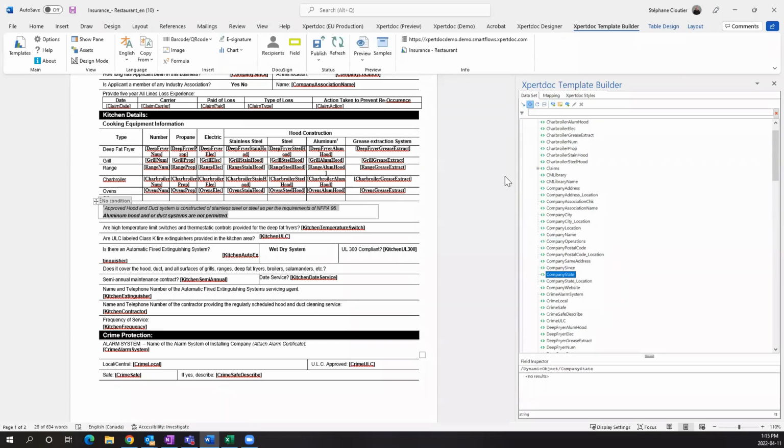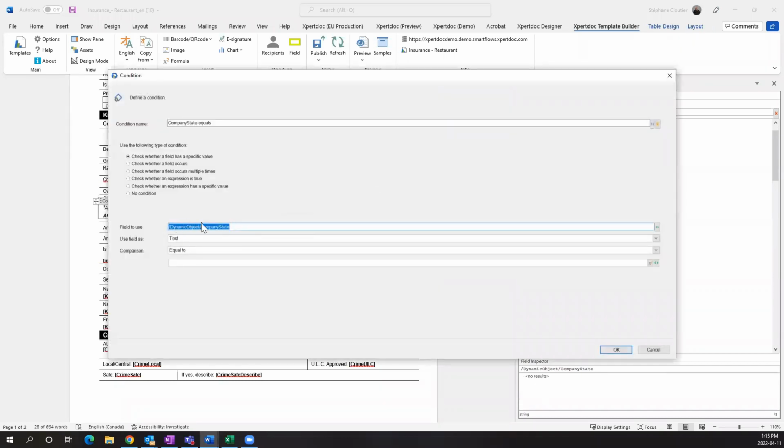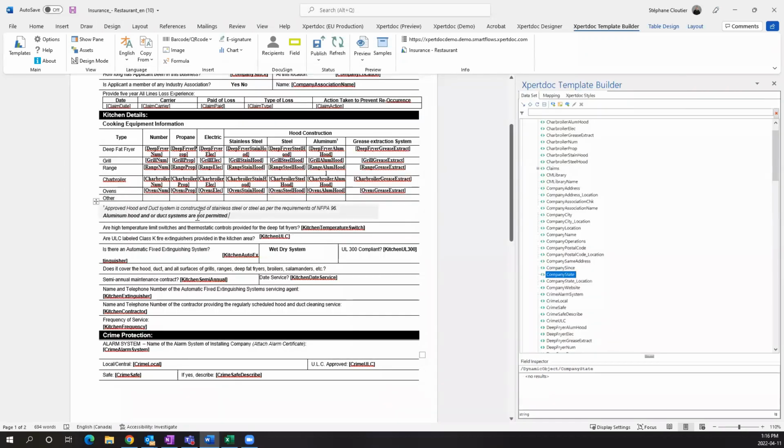And clicking on the condition, this will open up our condition wizard, which will say you want to build a condition on a state. And you could say, well, if my customer lives in New York, this paragraph will be visible. Otherwise, it's not going to be part of my document. And we've just built ourselves a condition. So there's no limitation on how many conditions you can build in a document. Same thing could apply to terms and conditions. So if you have different paragraphs of terms and conditions to be displayed based on the location or type of items in a quote, let's say, everything could be fully dynamic on the same template itself.